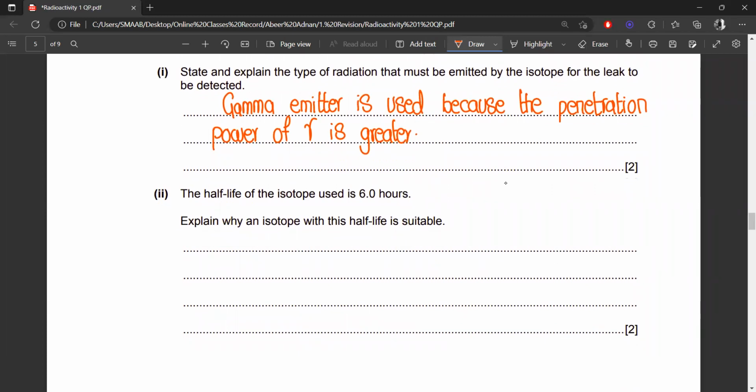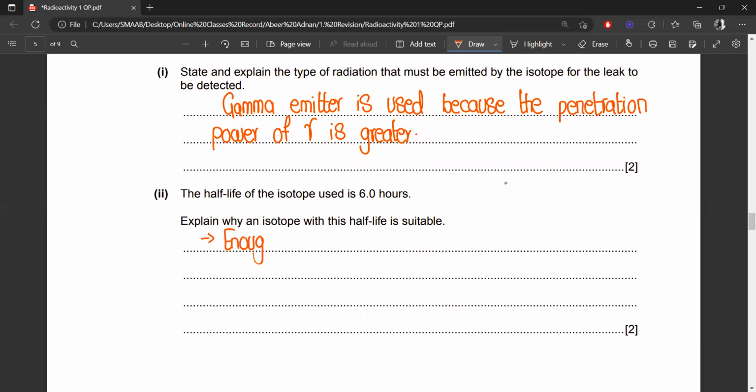Okay, so the half-life is 6 hours. Explain why an isotope with this half-life is suitable. So that it's easily detectable. Yes. Because we have enough time to detect the leakage. If we are using isotopes with a very short half-life, we get less time to identify the cracks, so we need to start the process again and again. So that is why